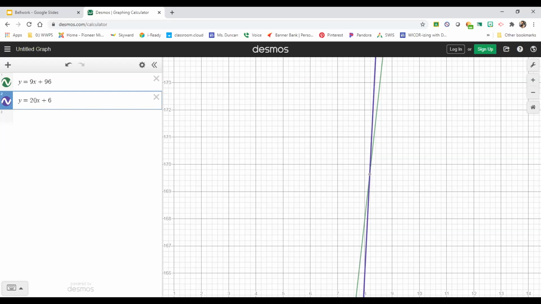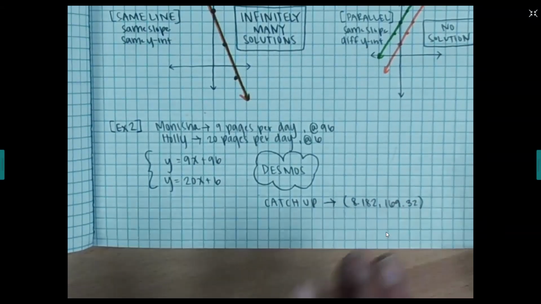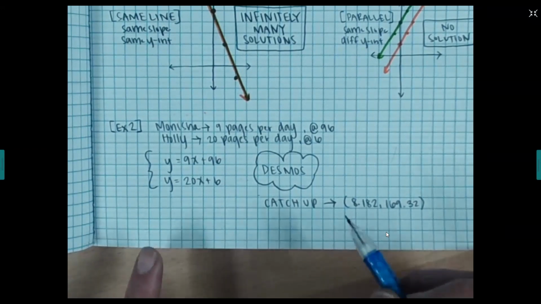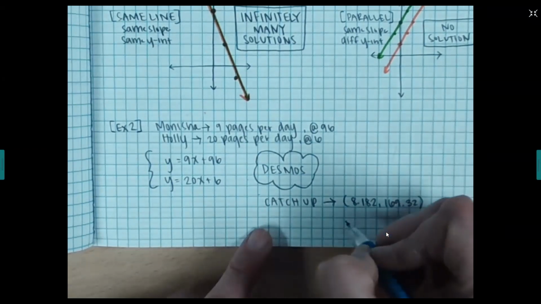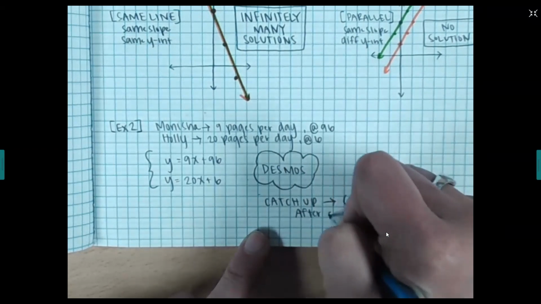So I'm going to switch back now to my document camera so you can see it. So they catch up at this x point of 8.182 and this y point of 169.32. So what this is telling me is that after about 8 days is when Holly is going to catch Monisha. And we don't know exactly when because it's giving us this decimal, and that's going to be how many days after. So if I plug this in for both Monisha and Holly,